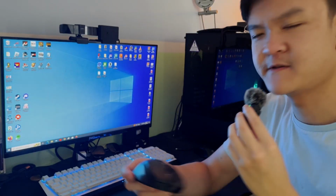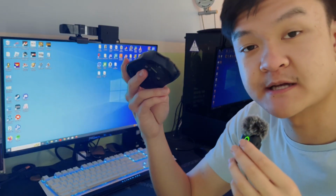I mean, like, what even is this? Is that like sweat or something? I don't think mice are supposed to do this. Computer mice. I guess like real mice do that, but...